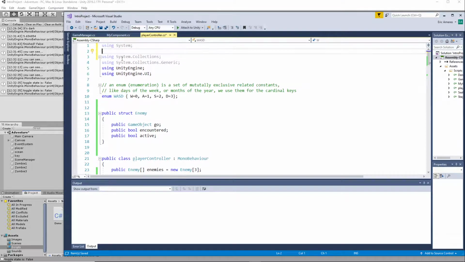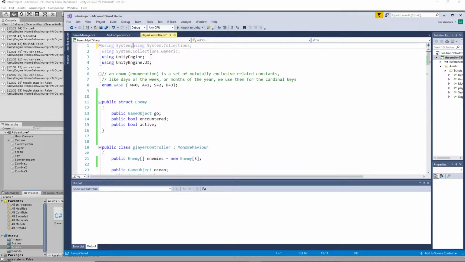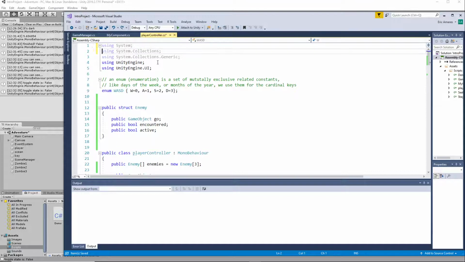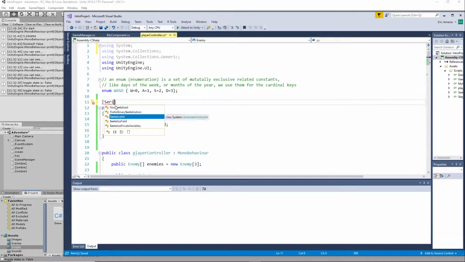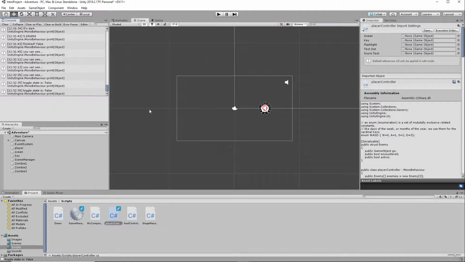Okay. Whoops, what happened there? Using System, all right? And we are going to call this Serializable. All right. So now this enemy here is potentially serializable. Okay. Now, once that happens,